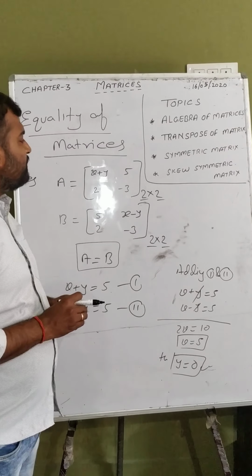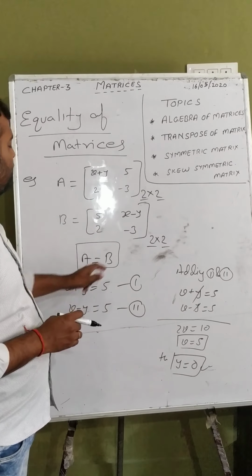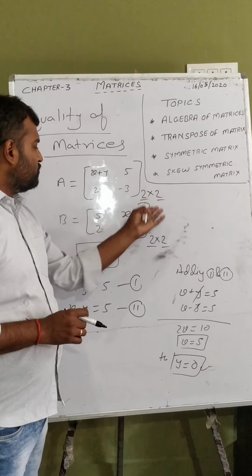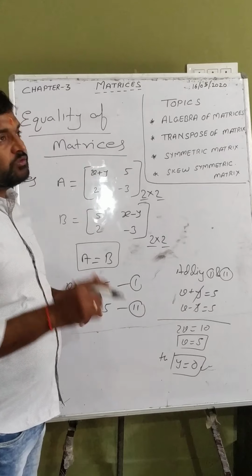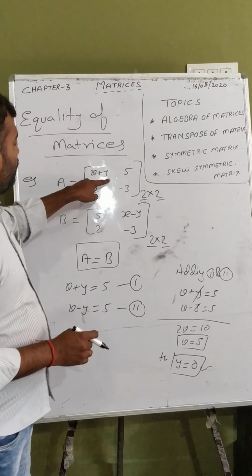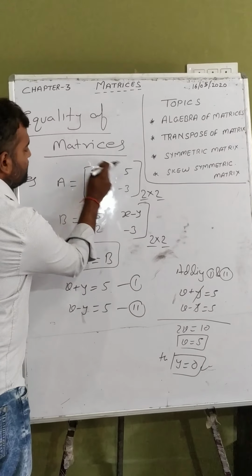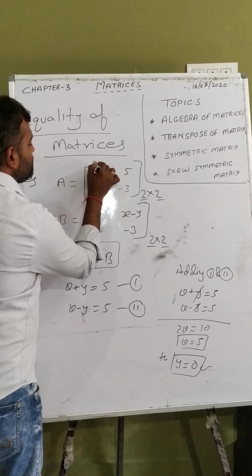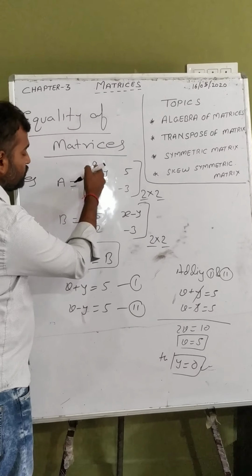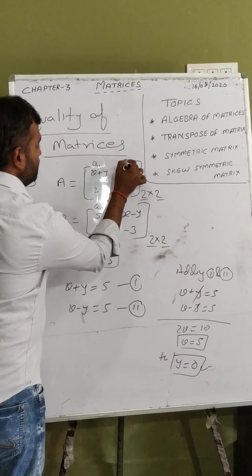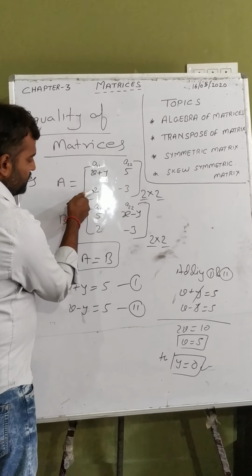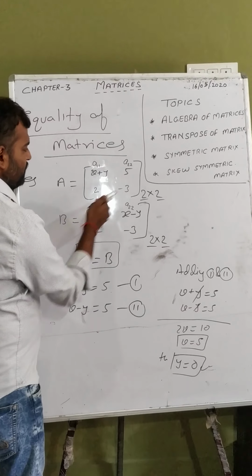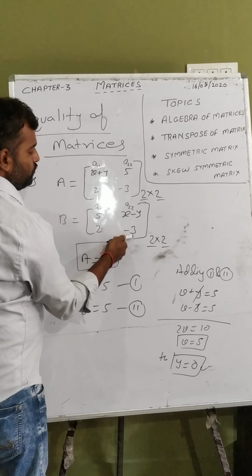According to the definition, if two matrices are equal, then their order must be same. It is quite visible that their orders are same. Now their corresponding elements will also be same. This x plus y is at A11, this is your A11. This is A22. A21, 2 is there and here also 2. It is same there. A22 minus 3, A22 minus 3.